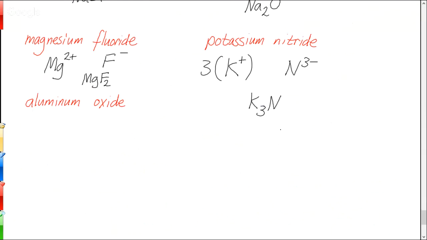And then the last one, this one is a little bit trickier. We put aluminum and oxygen. We know oxide is 2-. We've used that one before. Aluminum, we haven't done yet. What's the charge on that? 3+ or +3, yep. And so now we have to make a 3+ and a 2- even out by adjusting their ratios.